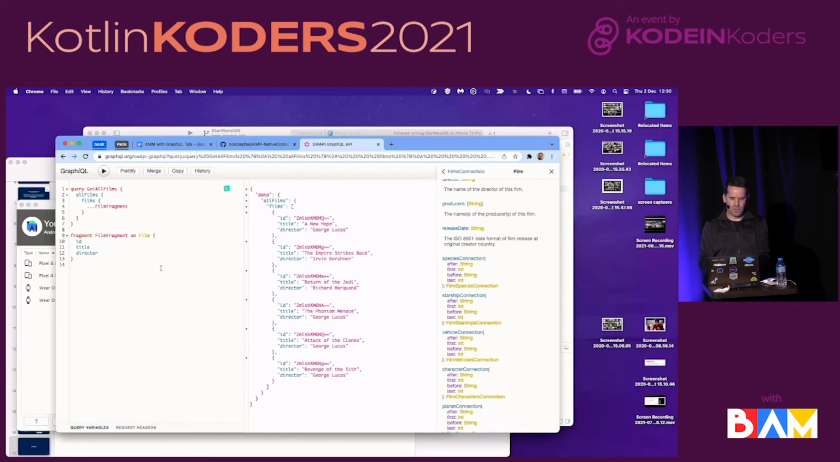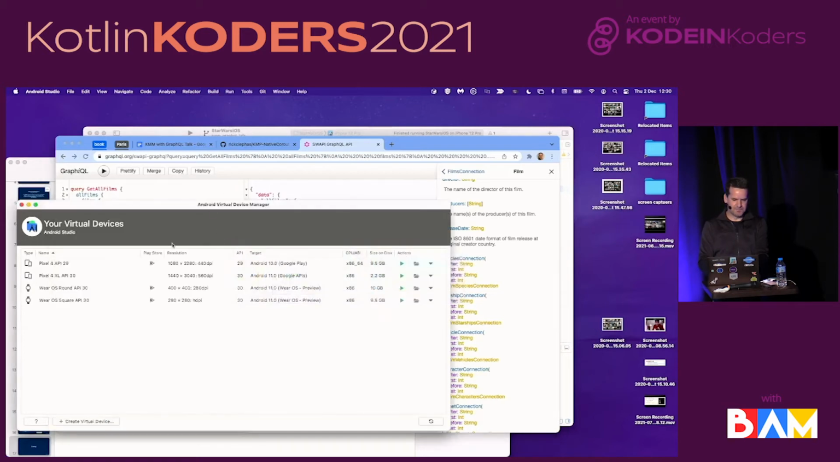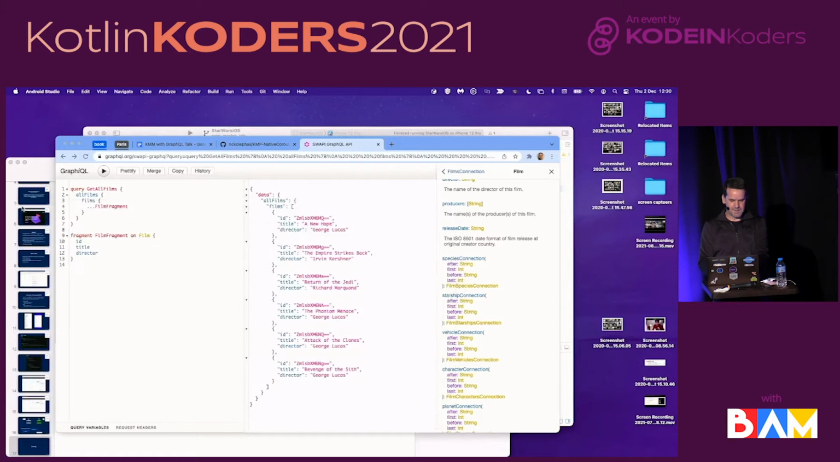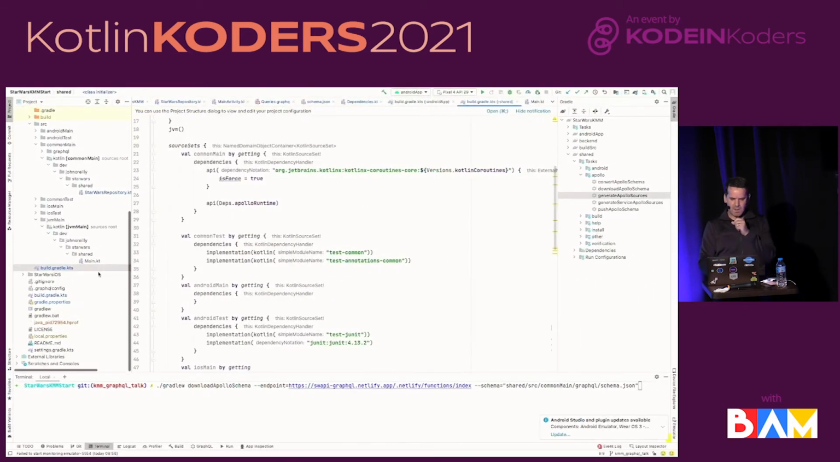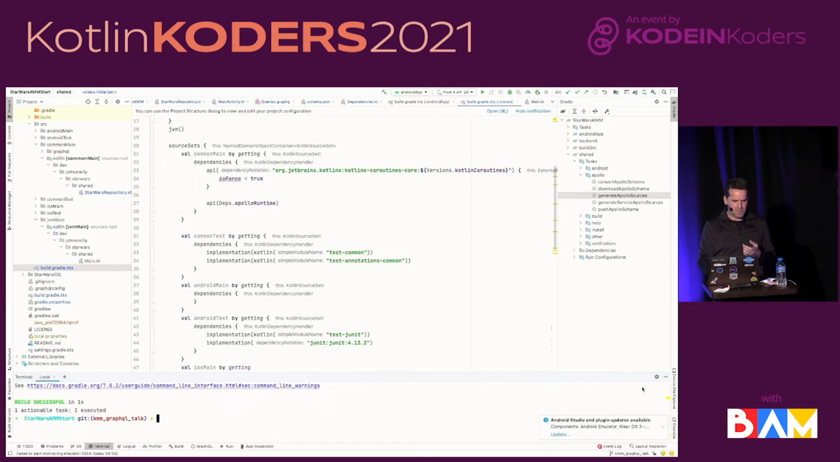So if I copy that query and we go back to Android Studio, that's not Android Studio, sorry. The first thing actually, before I do that, I'm going to make use of a Gradle task from Apollo, which is going to download the schema from this endpoint. And what we're going to do then is